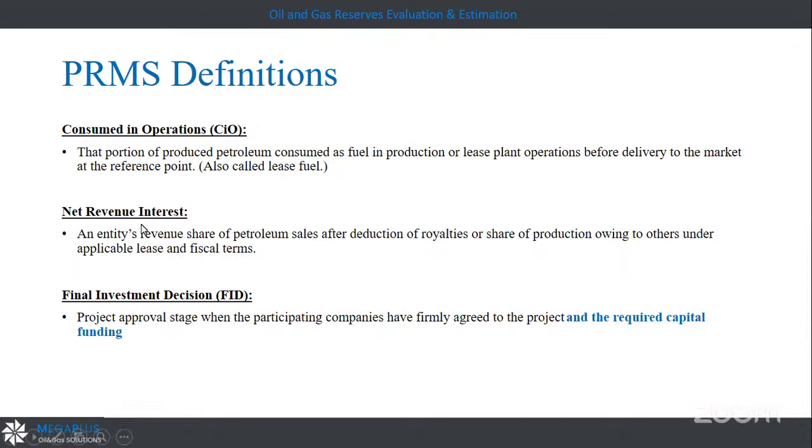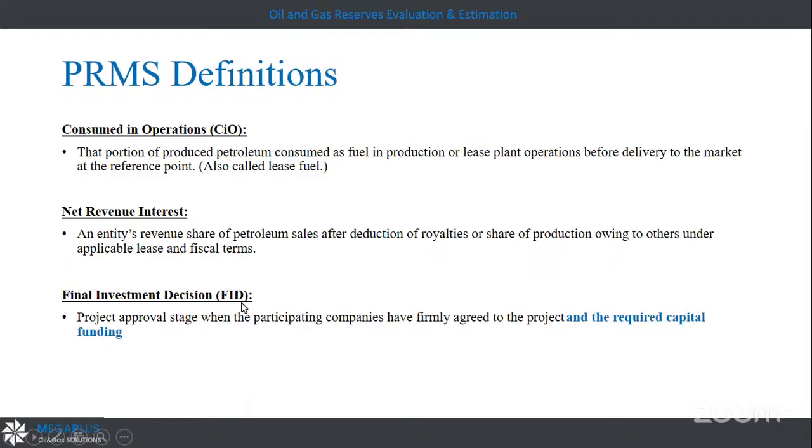The net revenue interest belongs to the companies that are dealing with a government under royalty contracts or profit share agreement contracts. Maybe I am an international company dealing with a government under a profit share agreement contract, and I can have 35% of the production in addition to the cost recovery. So as an international company, I have to get the net revenue interest after the royalty and after the agreement.